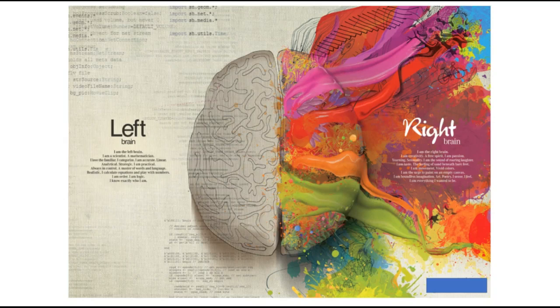So in order to bring us into hemispheric lateralization, I just want to address this cultural understanding we have of the right and left hemisphere. If you've ever heard the phrase, I'm very left-brained, I'm very right-brained, I'm very artistic, I'm very analytical, that has a little bit of basis in evidence, but not really a lot. There's nothing that says a right-handed person can't be artistic or that left-handed people will be artistic. That's quite an exaggeration. It's a very aesthetically pleasing exaggeration, as you can see here, but it is not clinically